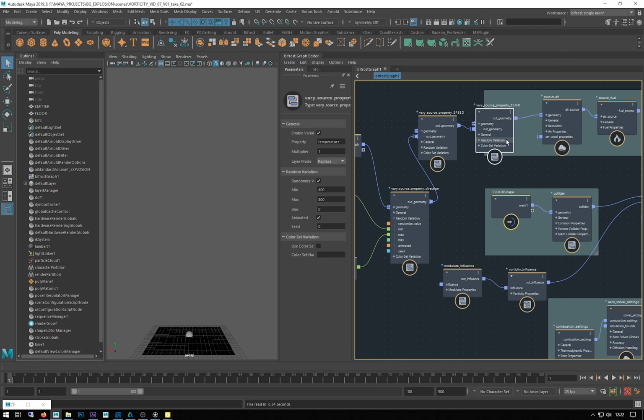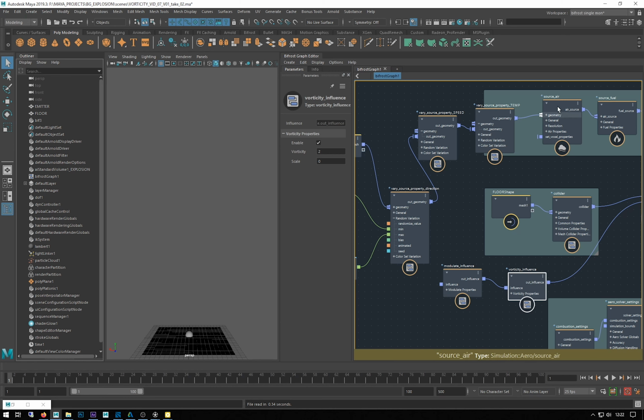I'd be wary of going around and changing the temperature, changing the speed, and then changing the vorticity, and then re-simming it. I find that sometimes when you change a lot of parameters at once, it can have quite a big effect and change the sim completely, and not necessarily in the way you want. And then you'll end up going back and going, oh, what was it that made it go like that? I'm not really sure. It can get away with you a little bit if you start changing all the parameters at once. So I would recommend that